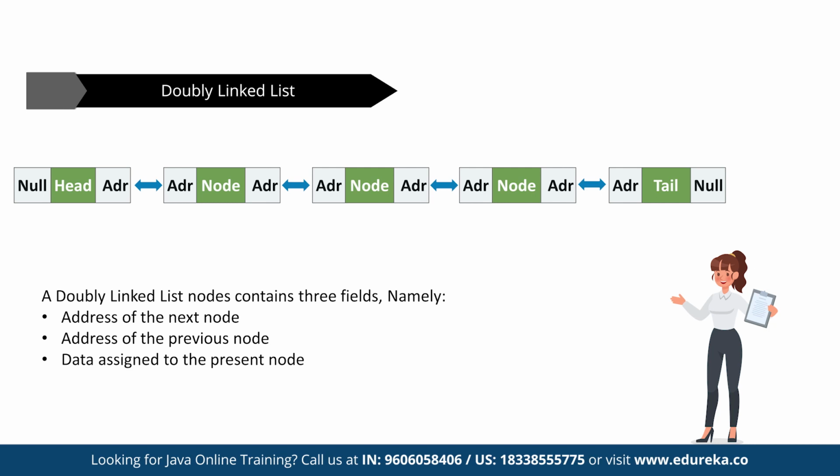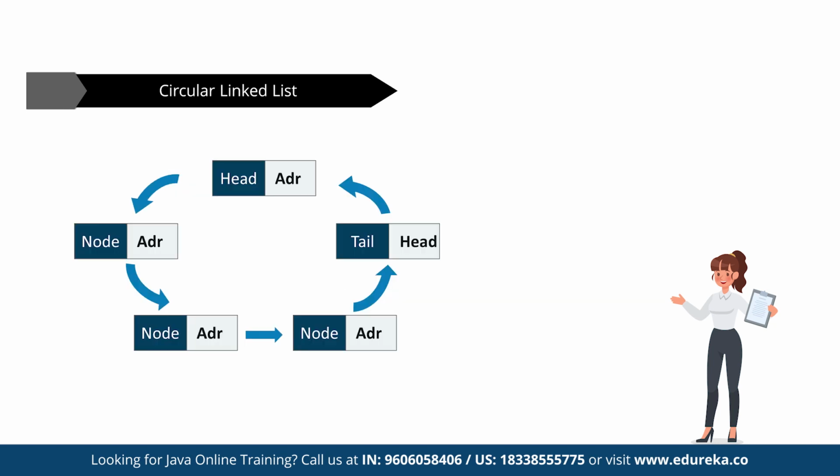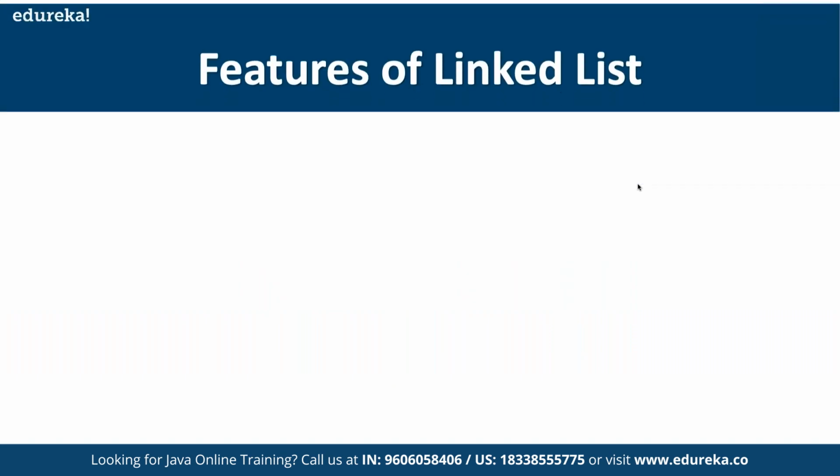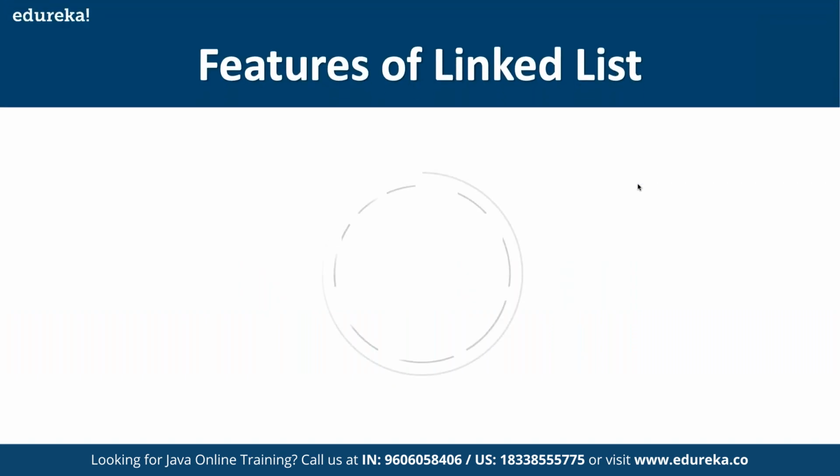So that is what we refer to as the bidirectional, or we can say the second type, which is the doubly linked list. And then we have the circular linked list, where we have data again available for the next node itself. Now, if we talk about features of the linked list,